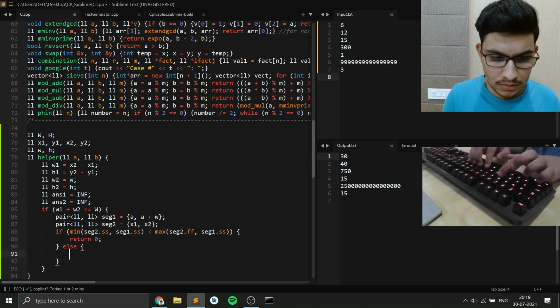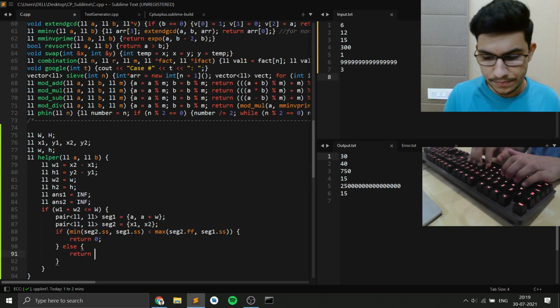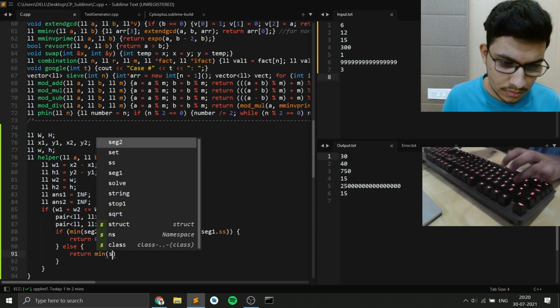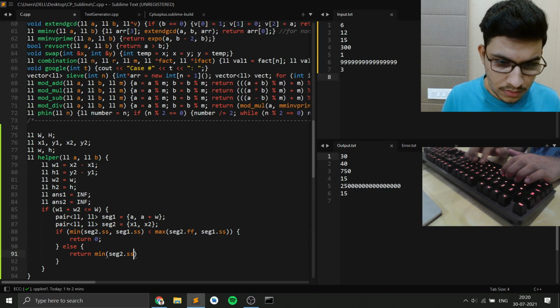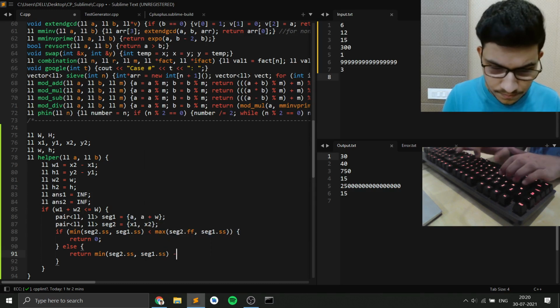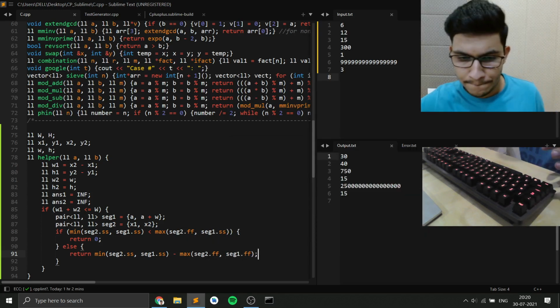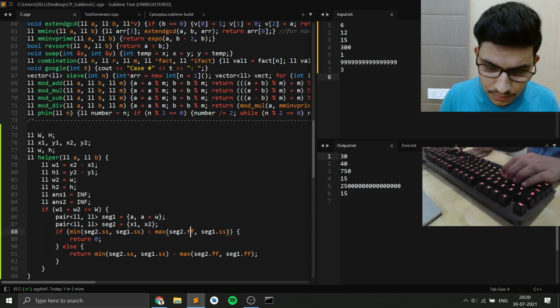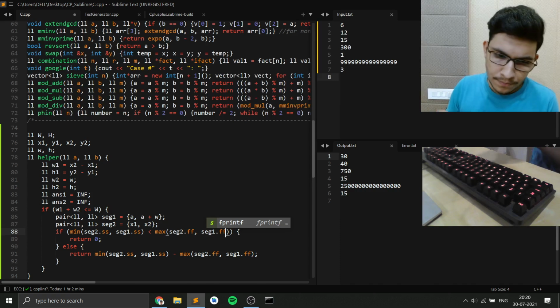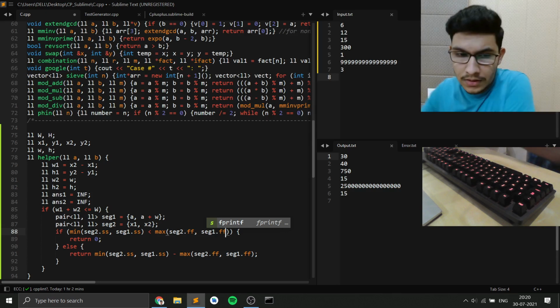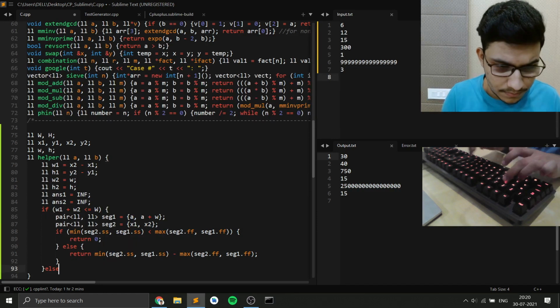Else return, so I'll just have to shift it, right? Yeah. So this is fine, and similarly,